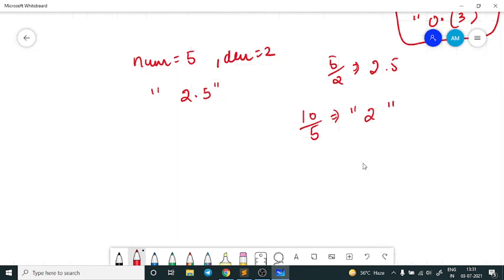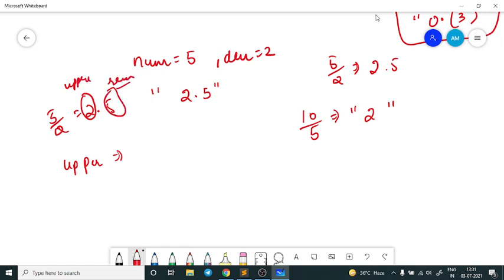Suppose I take the example of 5 by 2, which is 2.5. I denote the value before the decimal as the upper part, and the remaining one as the remaining part. How can we separate these two parts? The upper part can be found by simply dividing numerator by denominator.